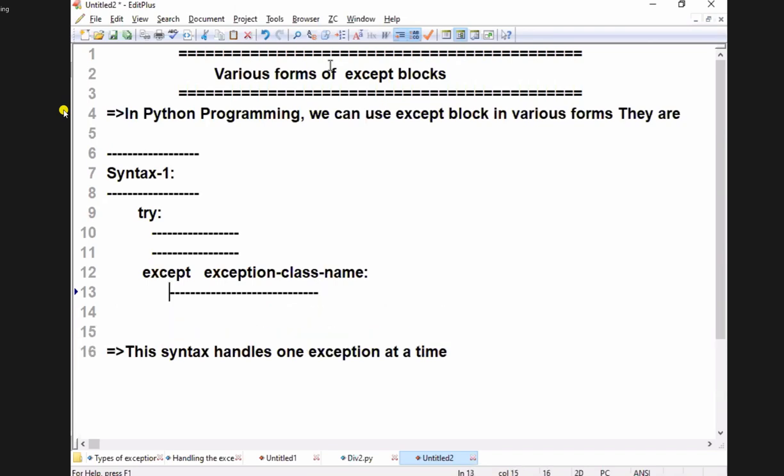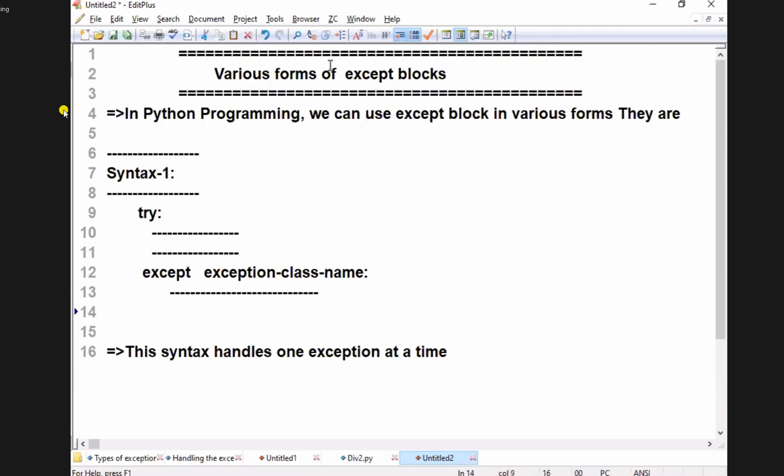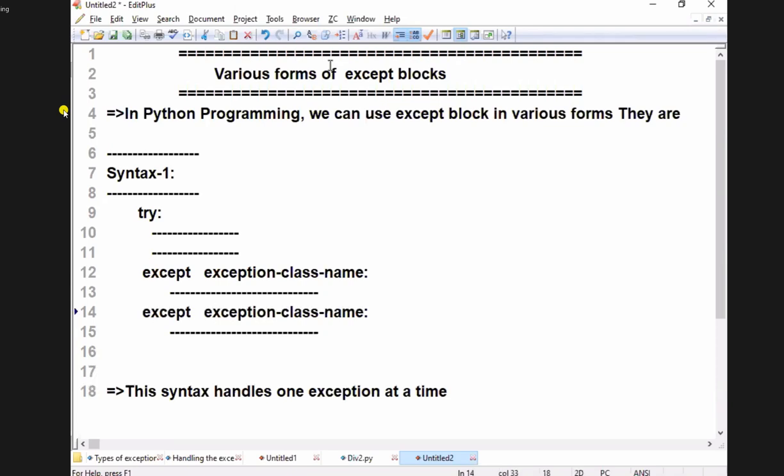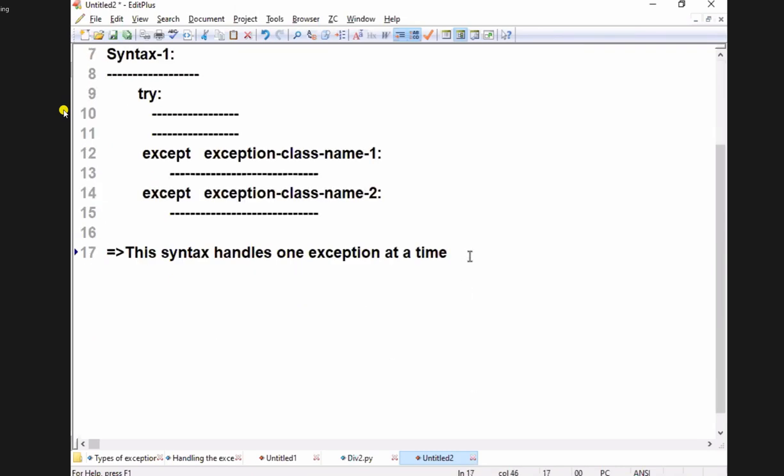Like that I can write many more except blocks. This is called one type of exception name, this is called another, exception name 1, exception name 2, so on exception name n.